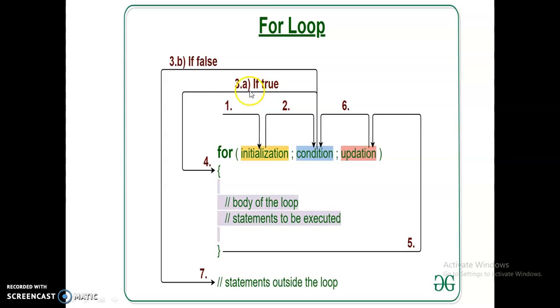If the condition is true, it will go inside the body of the loop and execute the set of statements inside it, and then after these statements are executed, it will go back to the increment or updation. The increment will happen. Again, the sixth step is the condition is checked again. If the condition is true, it will enter into the body of the loop for the fourth step. If the condition is false, it will go out of the loop. This is the seventh step. Out of the loop means the statement after the end of the curly brace of the for loop. So this is the working principle of the for loop in C.